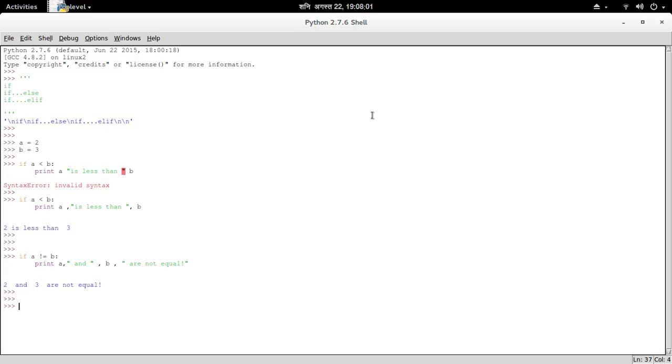But what about if we have more than one condition? Suppose we have two conditions, like either true or false. We can use the same values, a is equal to 2 and b is equal to 3. If a is less than b, print a is less than b,